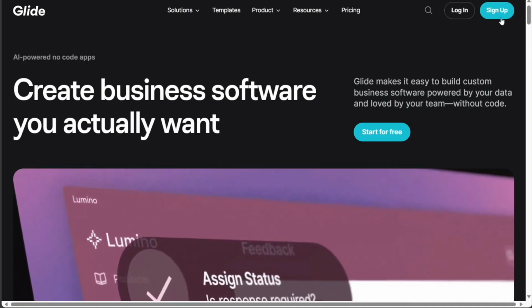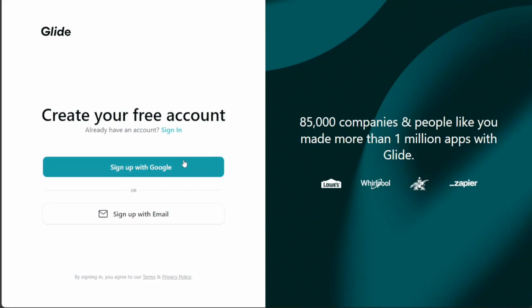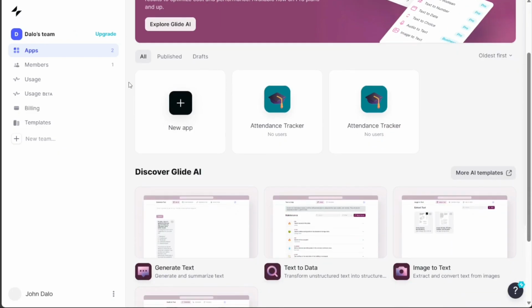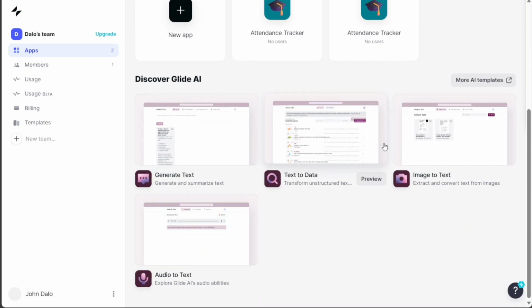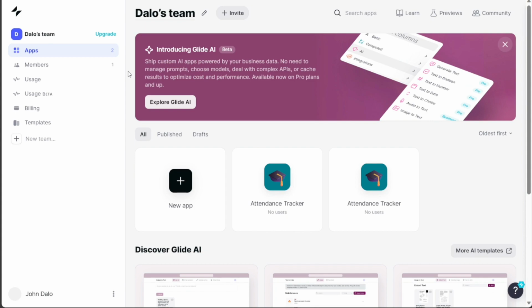So, after clicking the link in the description, now you need to sign up to Glide. You can choose to sign up with your Google or your email address. Once you have completed the sign-up process, you will be directed to your Glide account. Now, creating an attendance tracker app in Glide is a straightforward and simple process that allows you to record students'